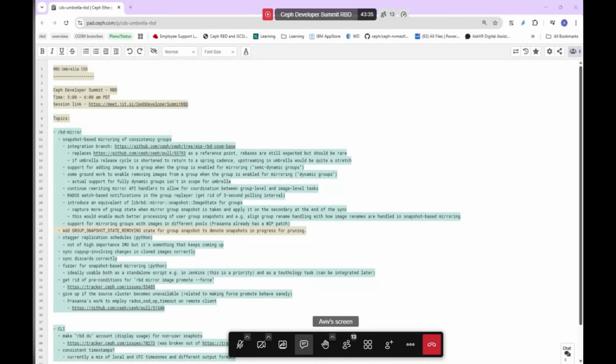The next item on the list is a kind of a test thing. We would really benefit from a fuzzer for snapshot-based mirroring. And what is meant here is a tool that would generate some kind of workload, and then in the background perform various operations such as enabling mirroring, taking snapshots, promoting, demoting,